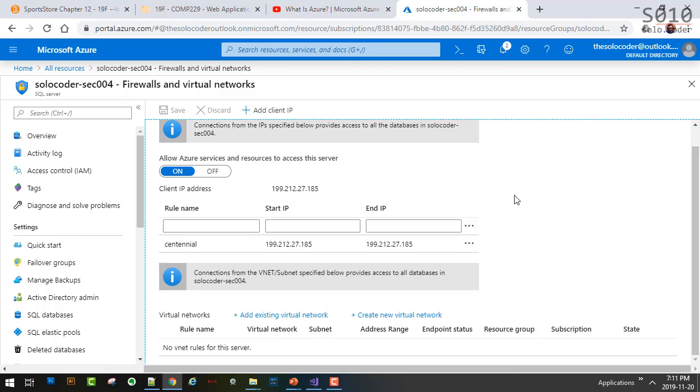Now, we would be able to connect, but if you are using the wireless connection of Centennial, this will not work, because the wireless connection does not allow communication with the port that is required by Azure.